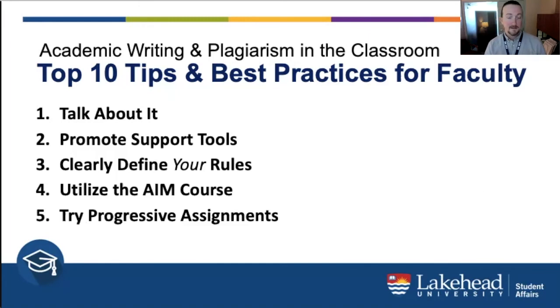Point number 5, and this definitely gets into some agreement with our community of practice: if you can do progressive assignments, it does really help identify students' lack of skills early on. So it's not just a surprise at the end of the term, where you just want that final paper submitted, but you haven't had them do a literature cited first, or a literature review first. You haven't had them submit the framework for what their paper is going to look like.